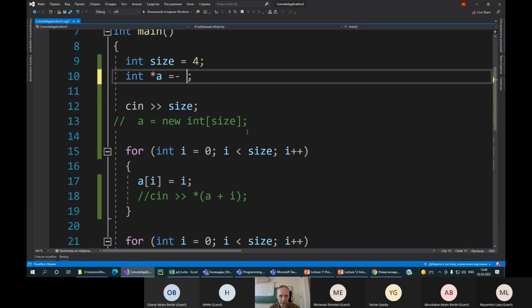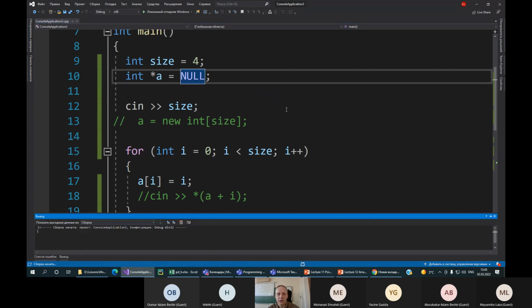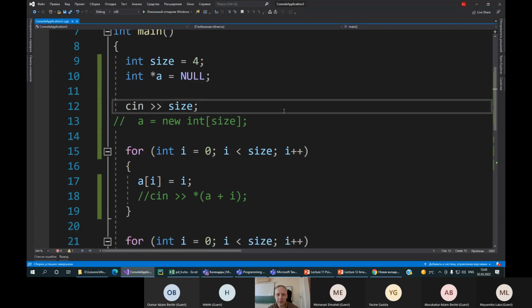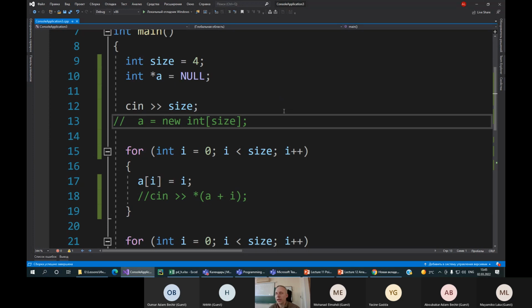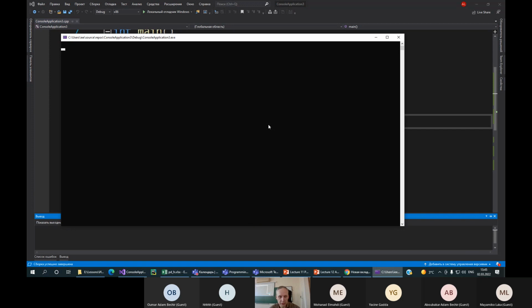Okay, I can initialize it with null. It's a special constant that declares a null pointer, no memory. But suppose that I forget to call new. What happens? The compiler tells me, okay, the program is correct, but when I try to run it,